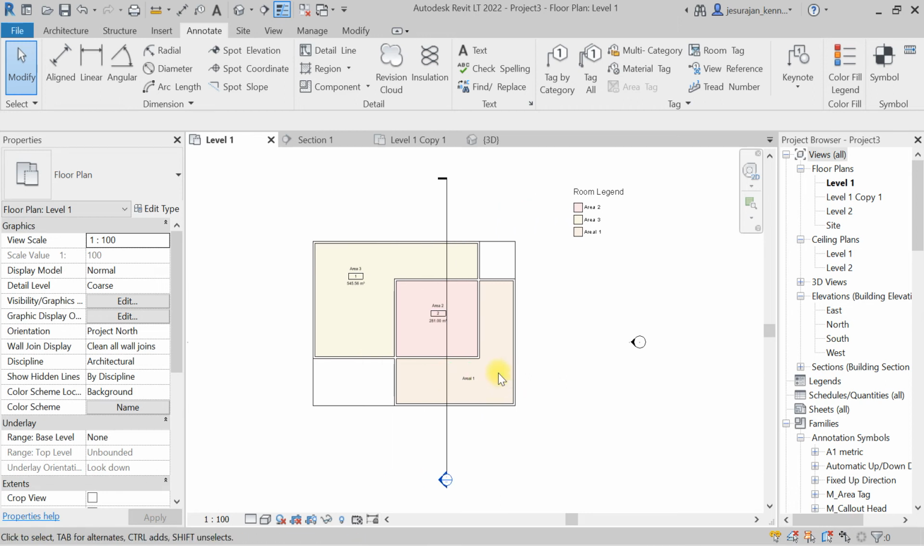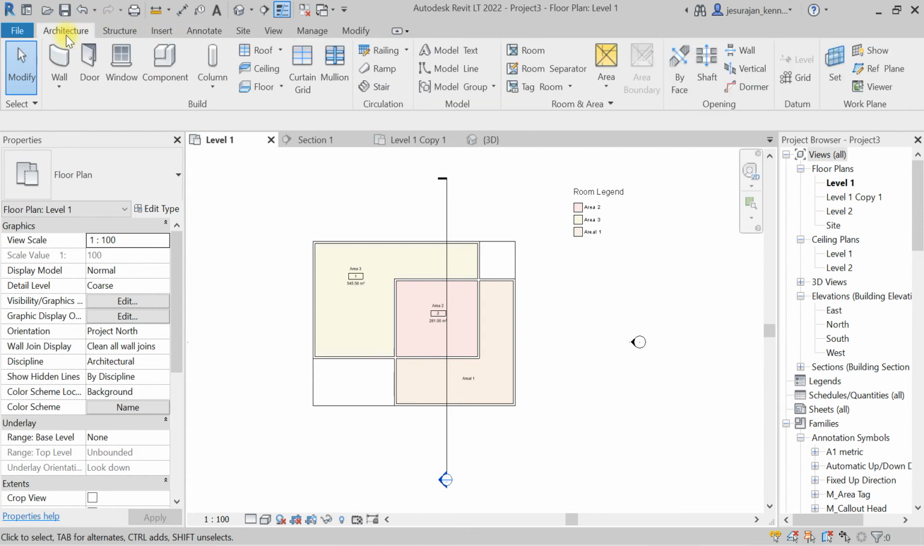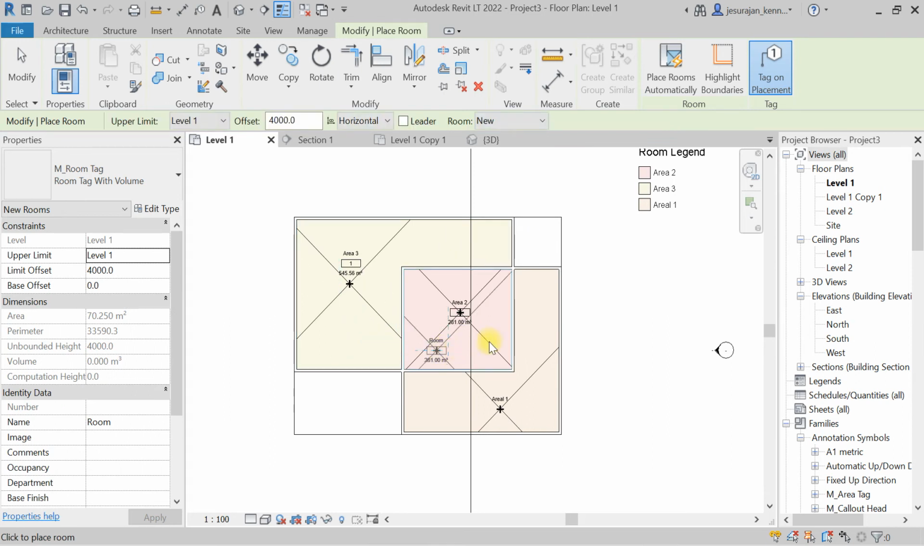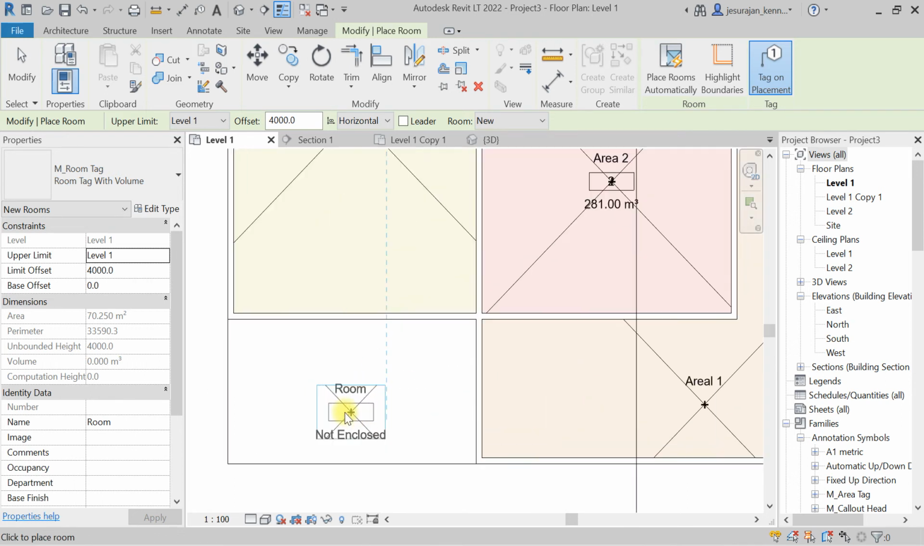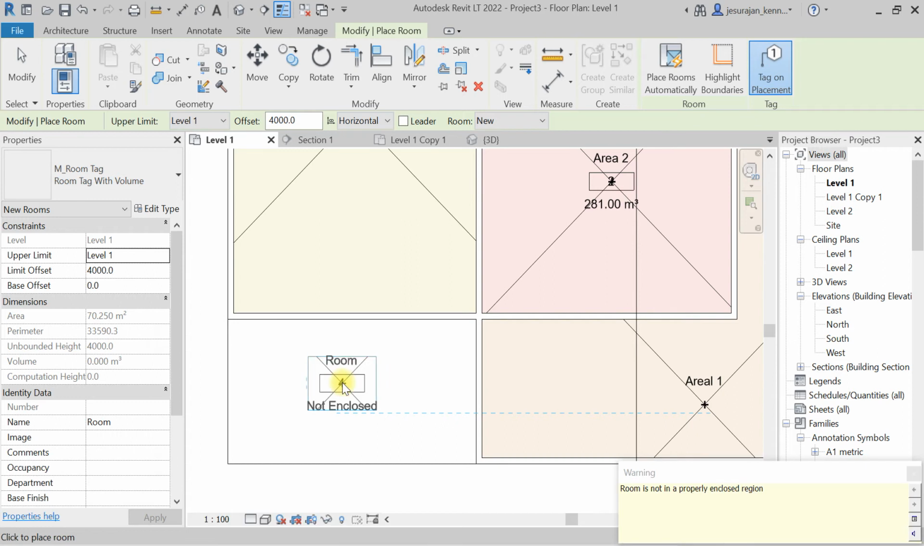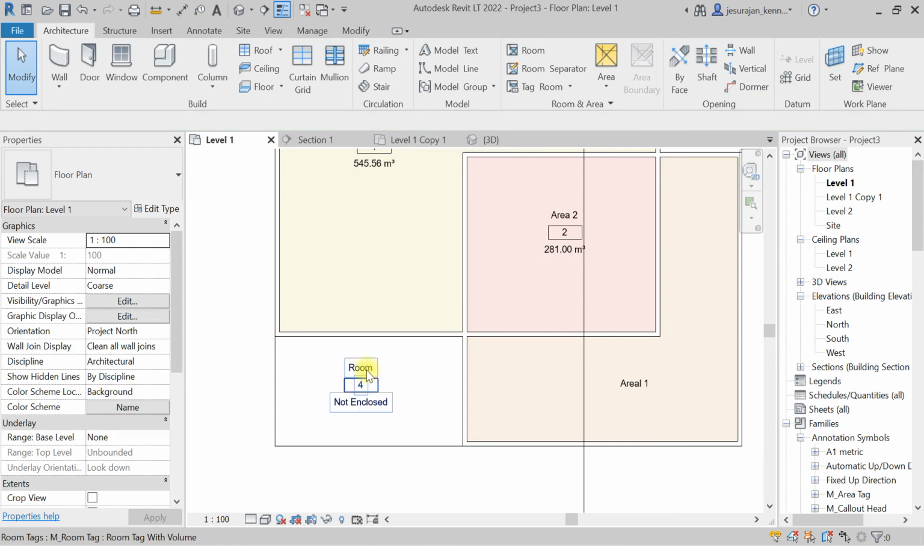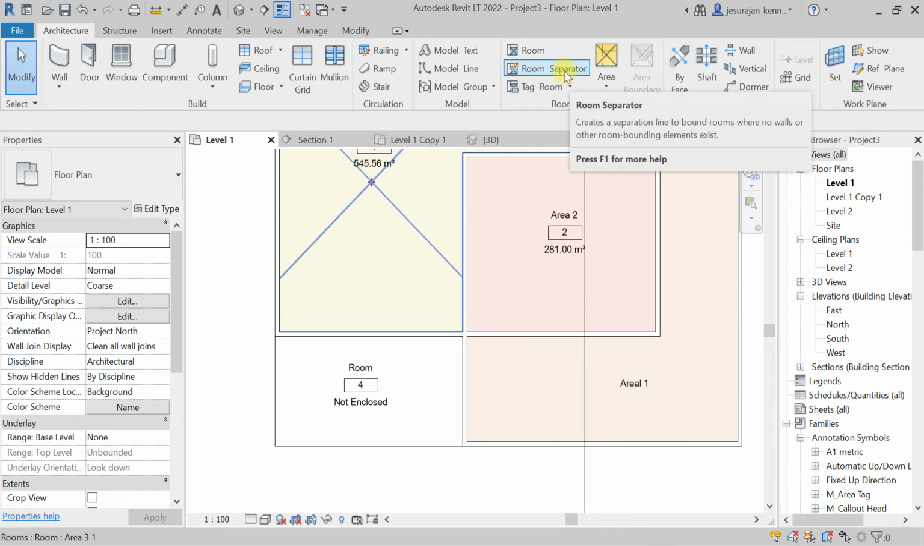Here I want to teach one more important thing. Whatever you keep inside the wall, there is no issue. If you keep it outside, then it is going to say not enclosed. That means the space is open. To close this area, what you have to do is place it wherever you want. Okay, so I'm getting an error message. So you can place it wherever you want, and then finally go to Architecture and say room separation